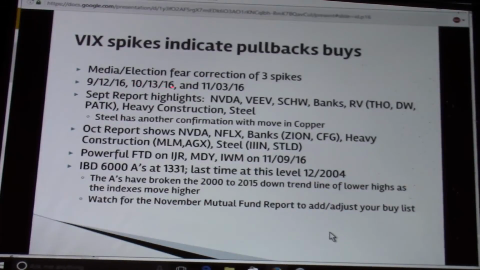And then it died around 10-11, and you came down on 10-13 when you finally spiked above 20%. That rally on the 14th died at the 21-day moving average on every index. A couple of them made it above, but the NASDAQ never got above. The September report showed Schwab,